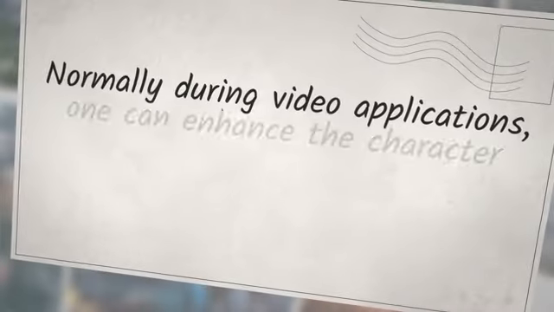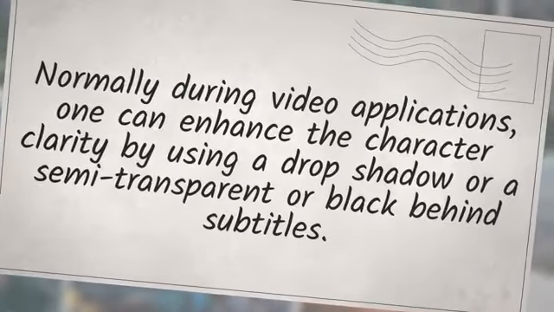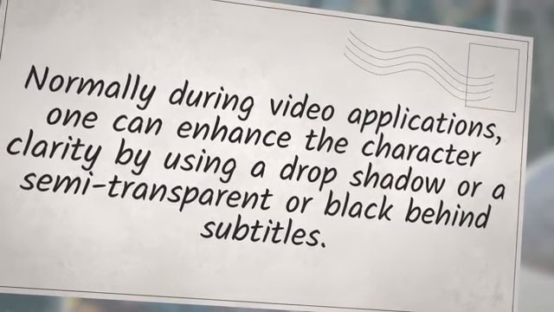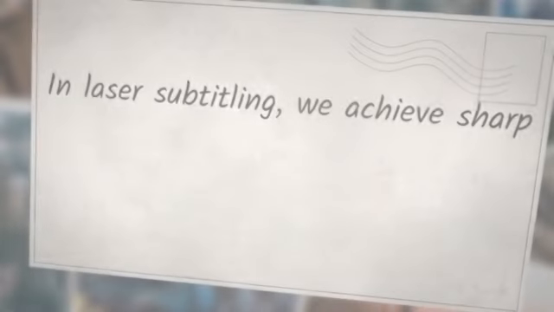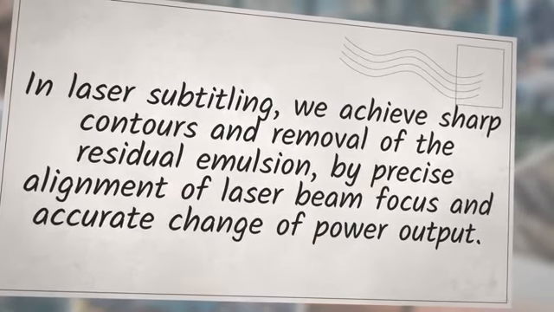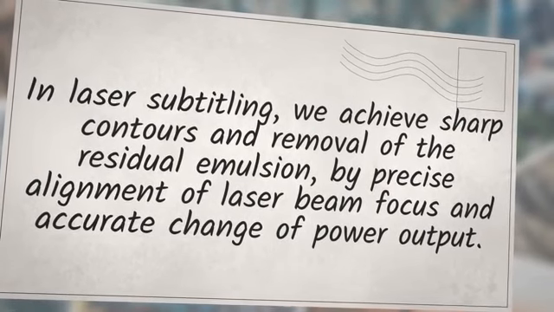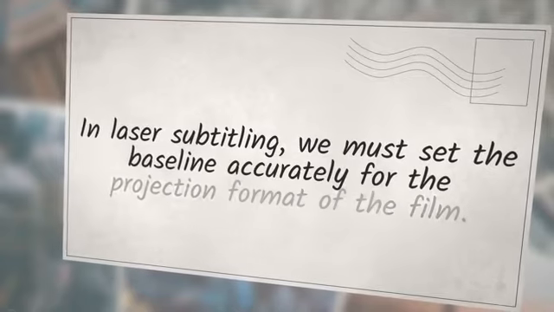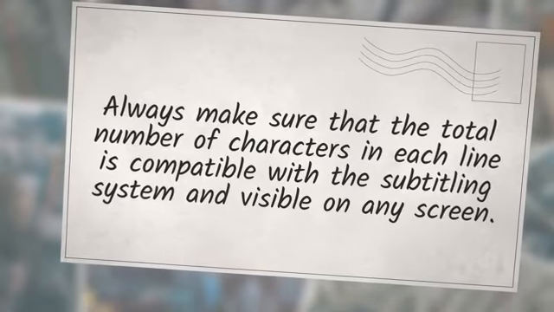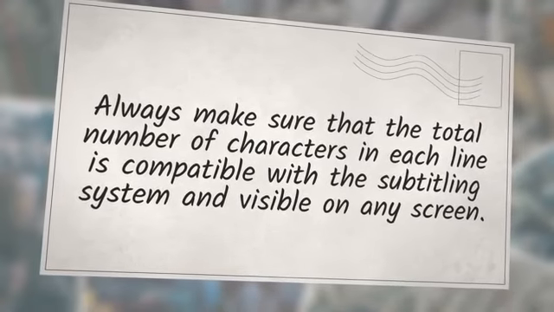Normally during video applications, one can enhance the character clarity by using a drop shadow or a semi-transparent or black box behind subtitles. In laser subtitling, we achieve sharp contours and removal of the residual emulsion by precise alignment of laser beam focus and accurate change of power output. In laser subtitling, we must set the baseline accurately for the projection format of the film. Always make sure that the total number of characters in each line is compatible with the subtitling system and visible on any screen. If you can follow all these